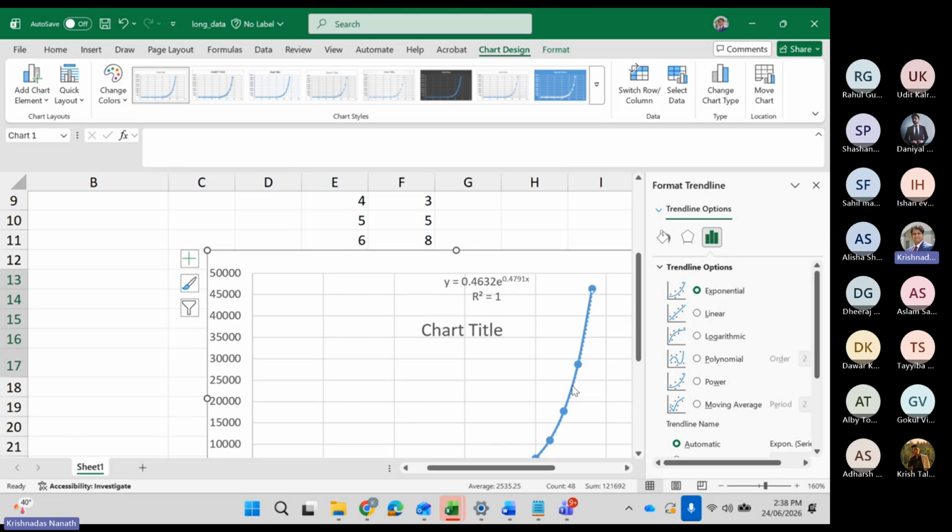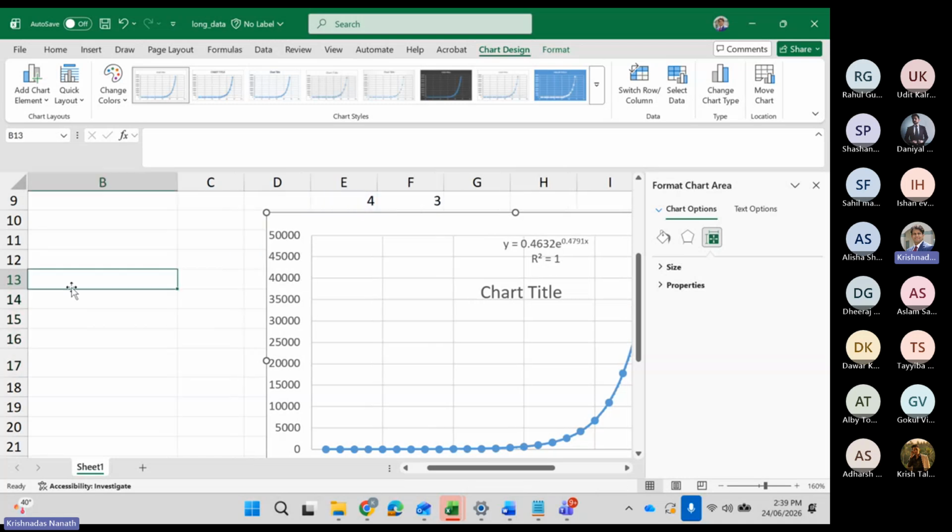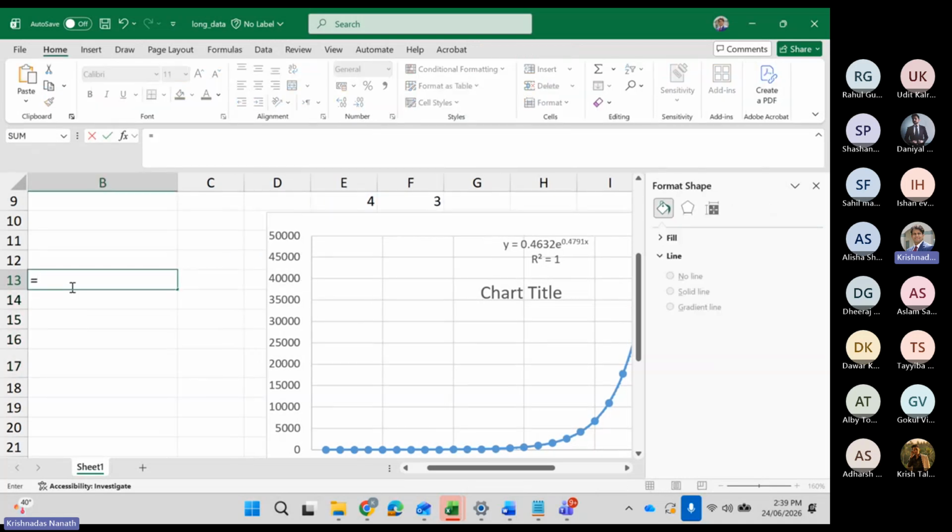It is 0.4632 e to the power of 0.4791x. And that's the value of x that, if I put, for which day were we calculating? 25. So if I put the value of x as 25 over there, then I will get the actual value. Do you want me to put the value of x as 25? Let's see how to do an e function in Excel. So I'll just put an equal to sign over here. And I would say 0.4632. Everyone, please have a look here. Multiplied by